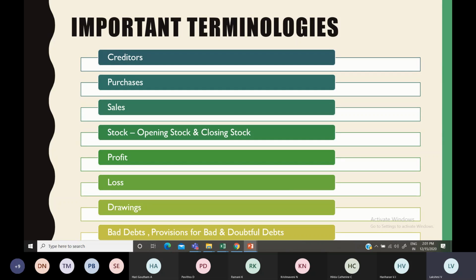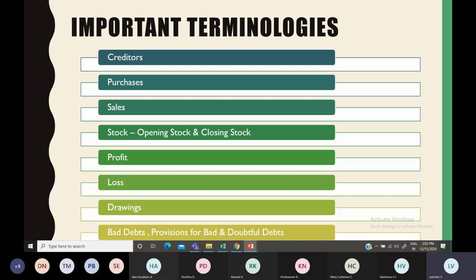So the difference between debtor and creditor is this. Debtor means if I make credit sales, there comes the debtor. If I make credit purchase, there comes the creditor. Okay, and debtor is considered as a current asset, and creditor is considered as a current liability. Creditor is considered as the current liability. Why? You have to pay him back. Now you have got the raw materials and you are carrying out your production process smoothly. But anyhow, you have to pay for the raw materials.